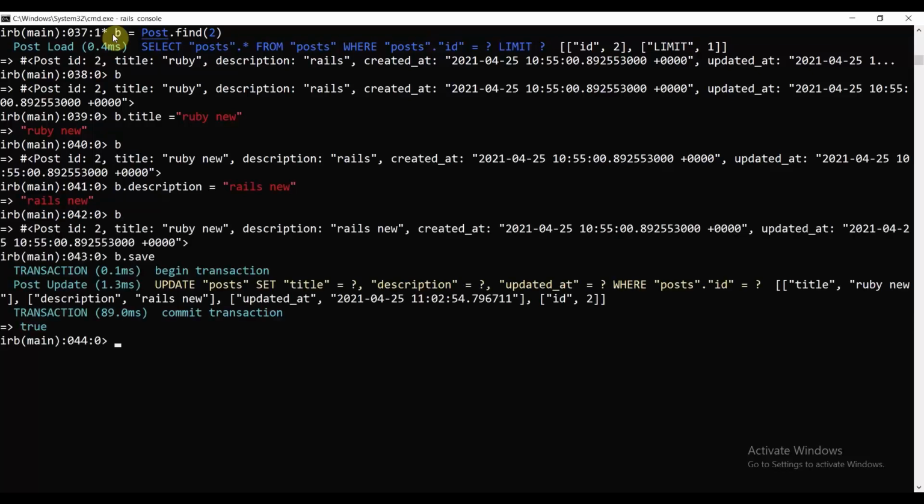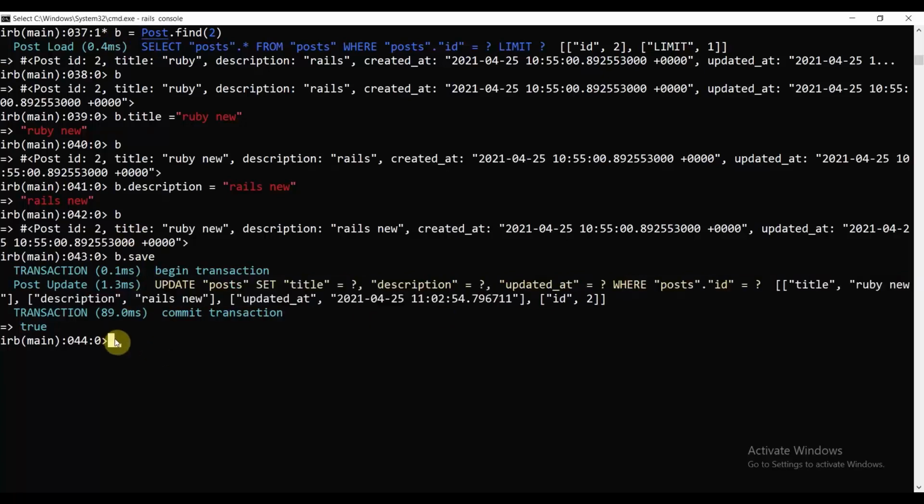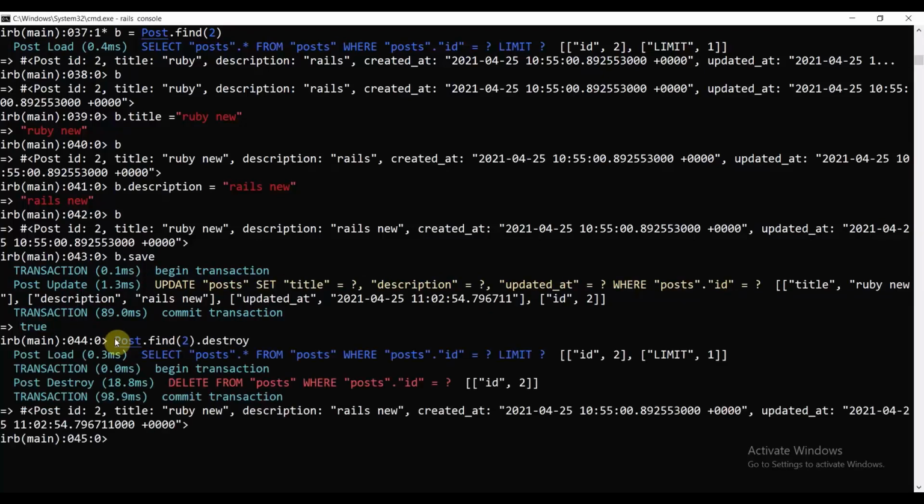So this is our update operation. See, update post set title is this, description this, and these are the values. We could also do Post.find(2).destroy. So basically this performs a delete operation. So we have learned how to perform all four CRUD operations, that is create, read, update and delete,